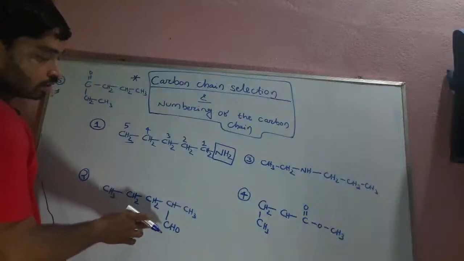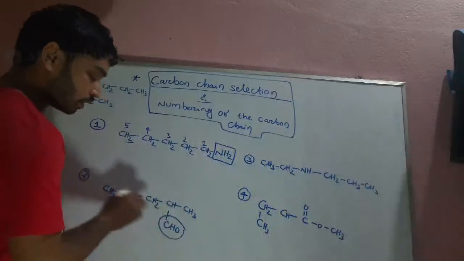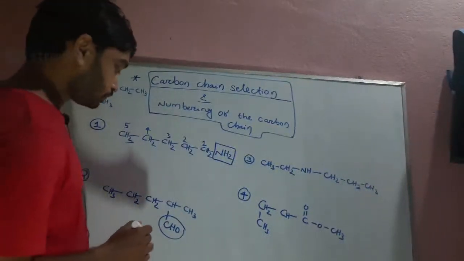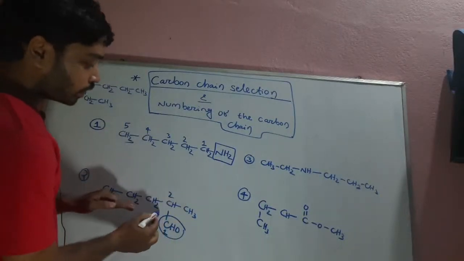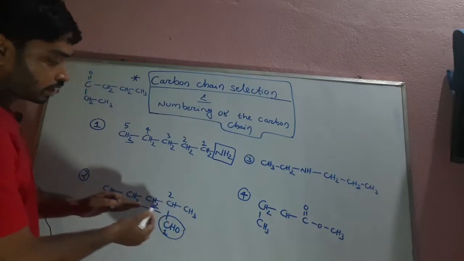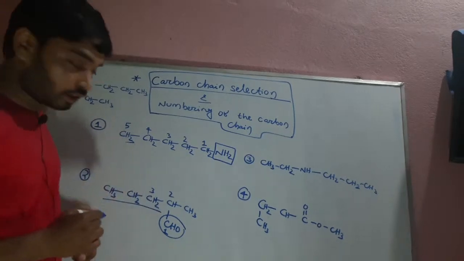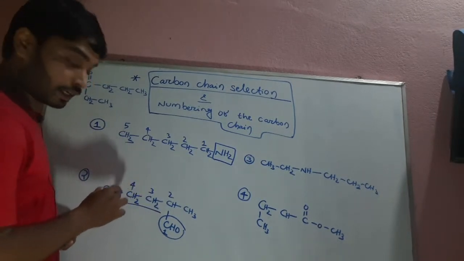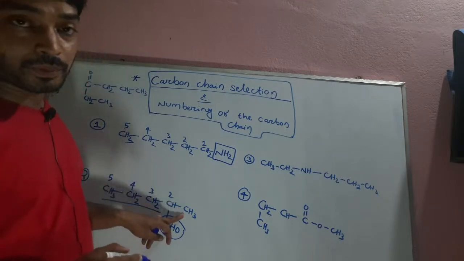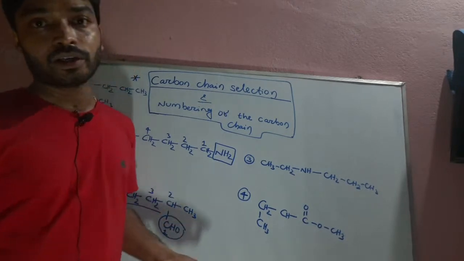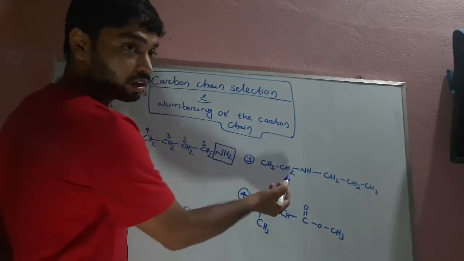In this case, the functional group is only the aldehyde and all the rest are pure hydrocarbons. So for the numbering, the rule says that we need to move to this side because more carbon atoms are present here. So here will be position 3, and it will be 4, and it will be 5. 5 carbon atoms will be present, and this carbon of the alkyl group will be considered as the substituent group here. Similarly, this is the